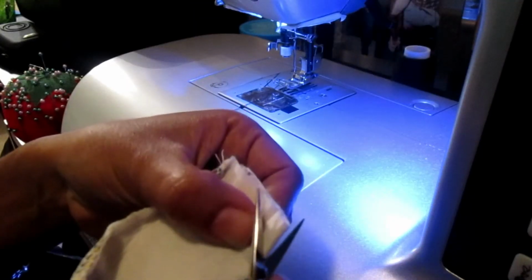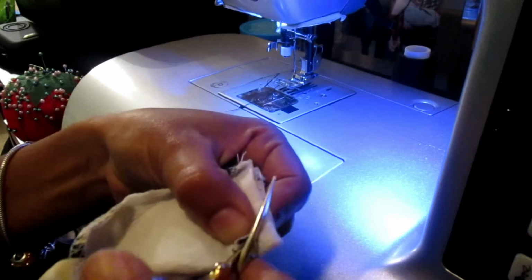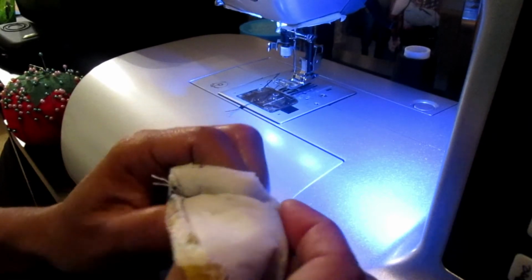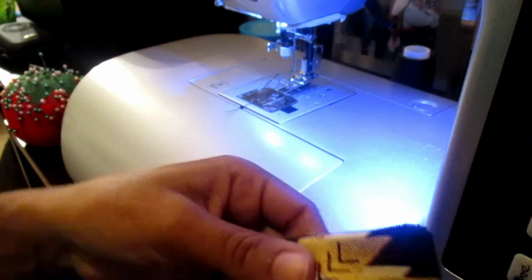as well. I'm going to clip this off right here so that when I turn it inside out, this is my thread snippers, I'm going to clip that corner, then I will turn it inside out. Okay, then I should be able to pull it out, and you see